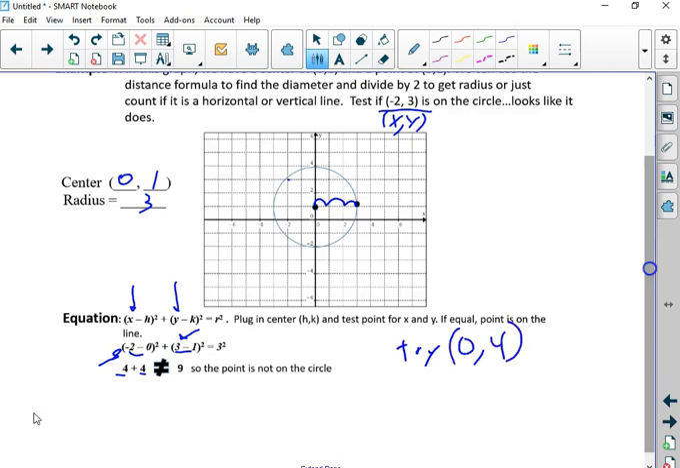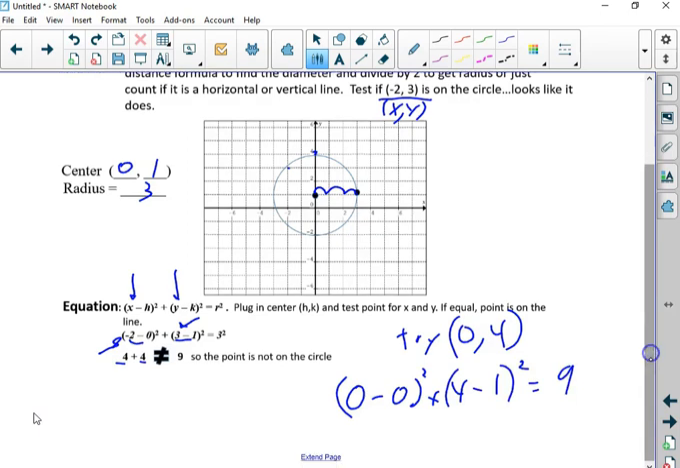Let's try 0, 4, which again, actually technically, that looks like it's not on the circle because the circle is drawn a little bit underneath it, maybe. So is it or is it not? Let's try it. So let's plug in 0 for x minus our center 0 squared plus my y is 4 minus my y for my center squared equals 3 squared,